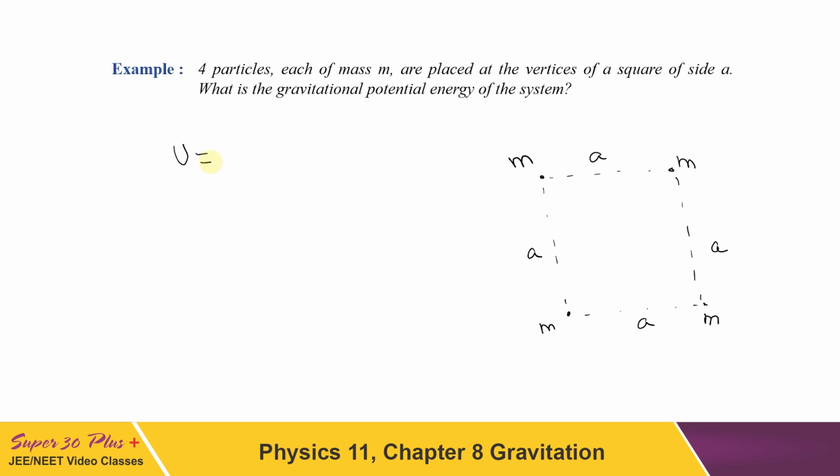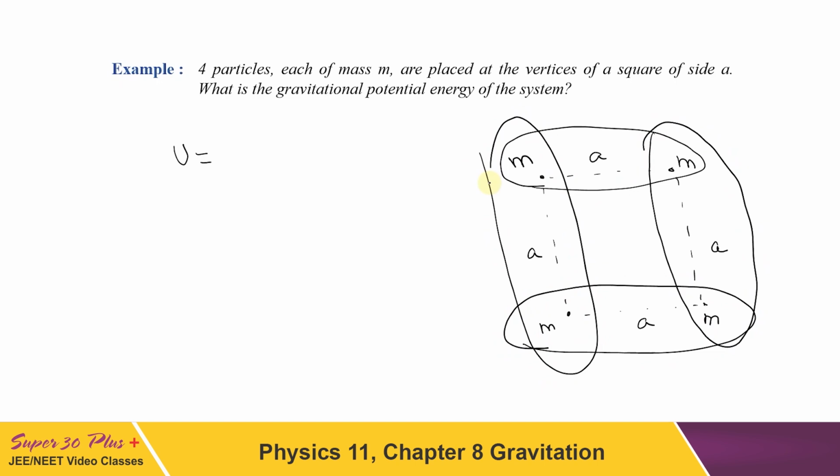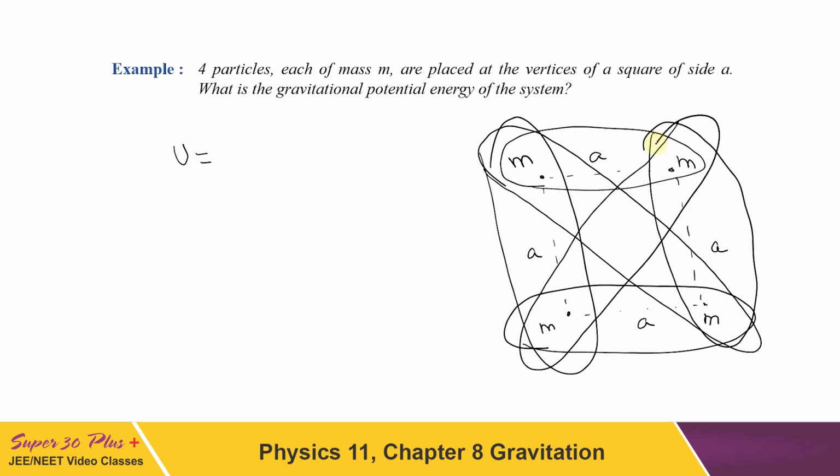So how many pairs are here? There is one pair for these two masses, then one more pair, one more pair. These are the four pairs, and then two more pairs are there for the masses which are along the diagonals. So we have to write the total potential energy term for 6 pairs of masses. For 4 of the pairs it will have the same value because they are at the same separation, and we can write the value to be equal to